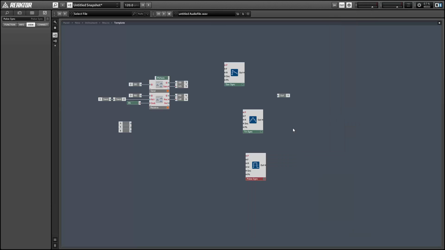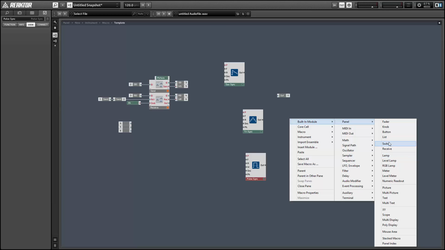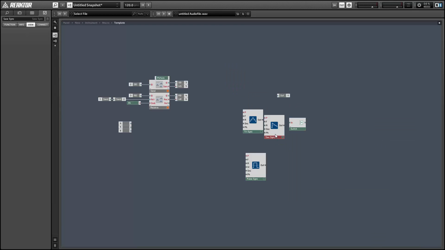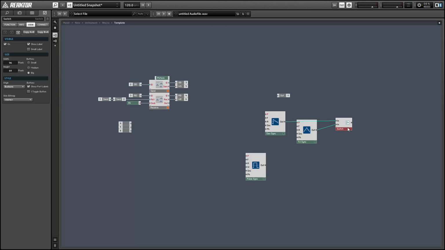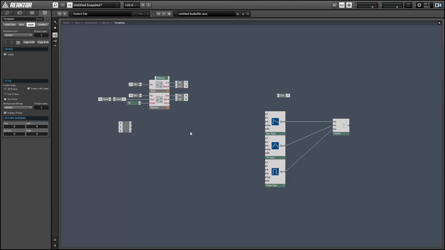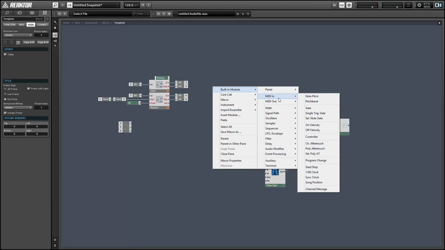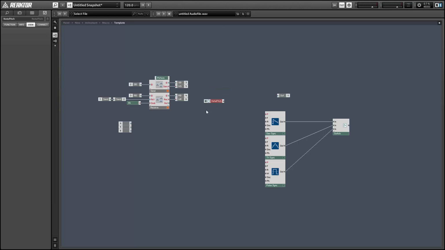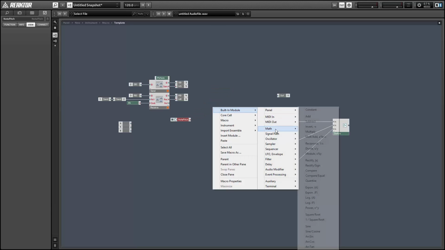And we can give the user a switch to choose between them, and just simply run the output of this macro to an audio output that will eventually be sent to the send matrix, and then we'll be able to grab this signal with any receive module in our synth. So just create a simple